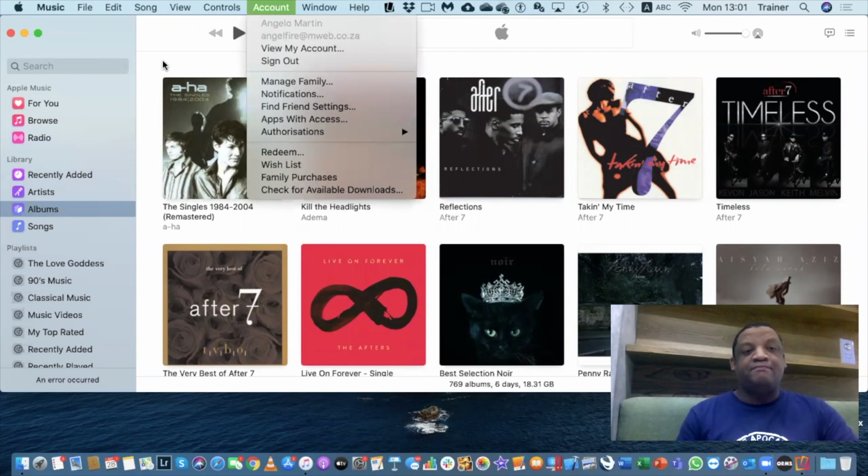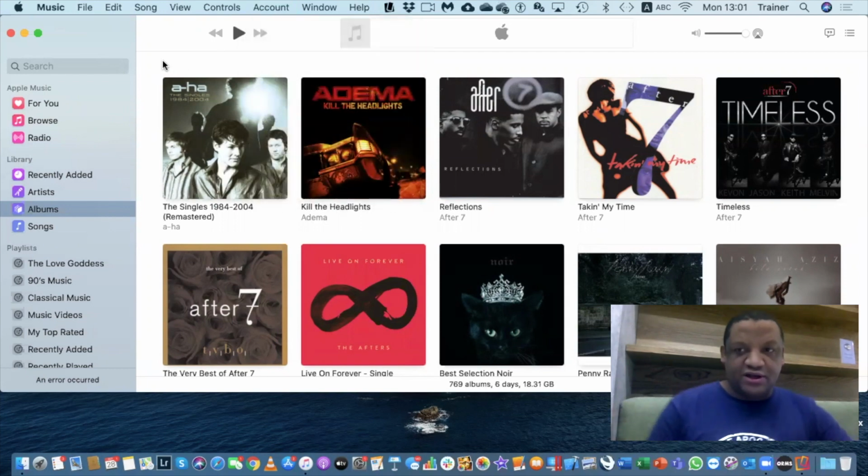So as you can see at the top, I'm in my Music app, signed in to my Apple Music. The cool thing about Apple Music, obviously, is it's got access to 60 million songs now and counting. So pretty good. It's quite big. But once you have your Apple Music, you also have another thing called your iCloud Music Library. Now, this is totally separate from your iCloud storage. This comes part and parcel with your Apple Music, and it basically allows you to sync all of your music from your library throughout all of your devices, if you sign up to Apple Music.